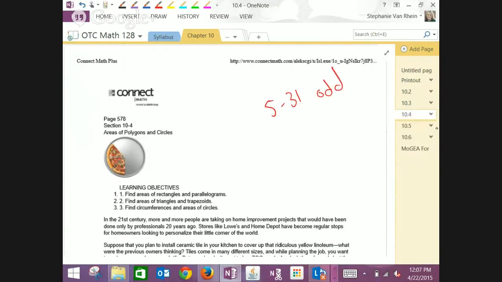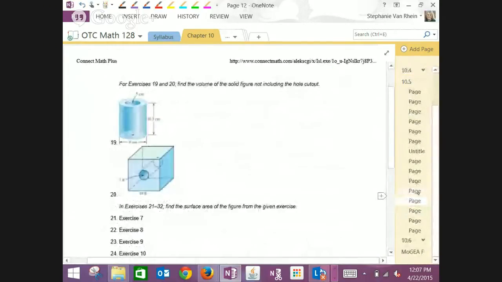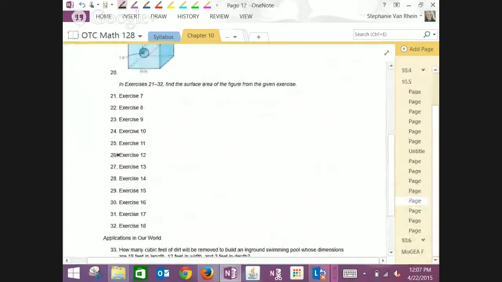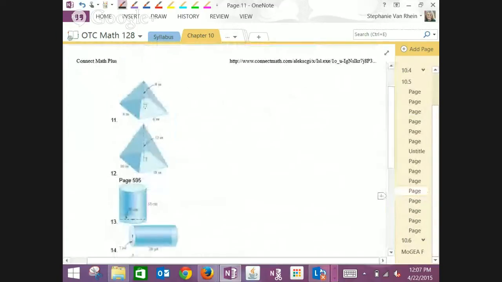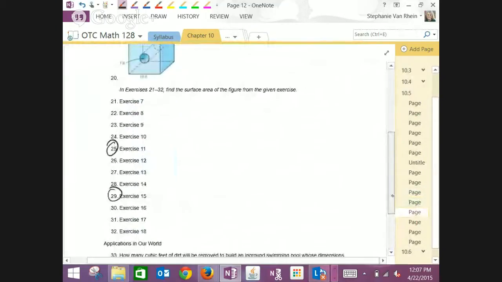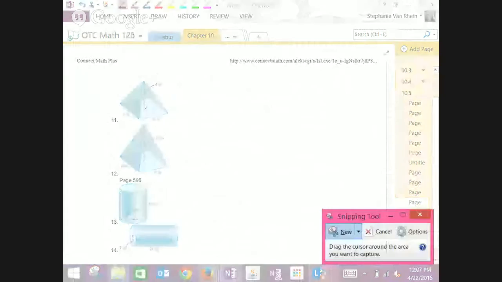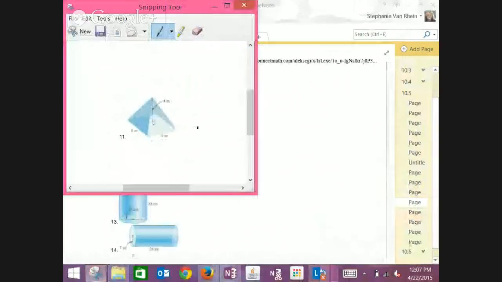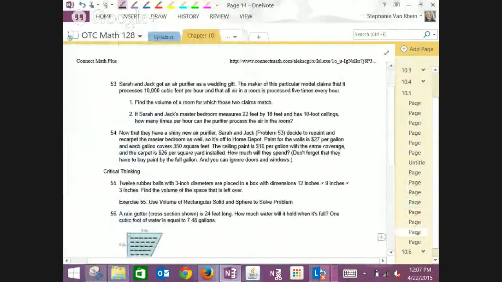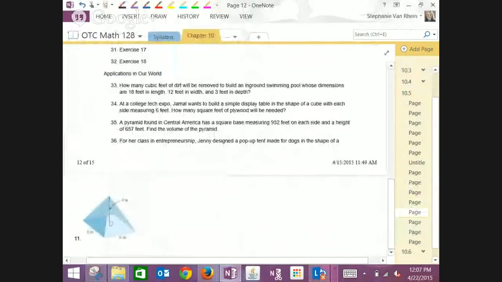10.5, numbers 25 and 29. So let's grab the picture from 25. Exercise 11.48, and it's for 25 actually. Copy. So for 25,